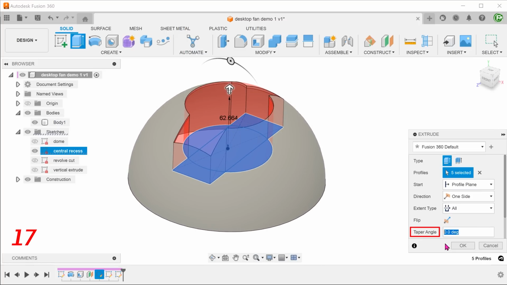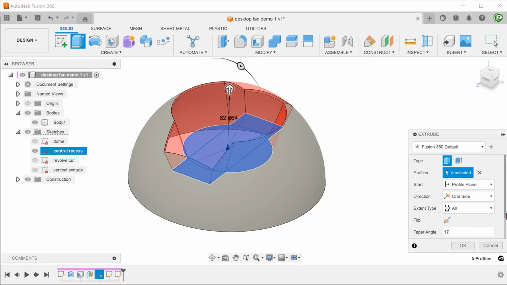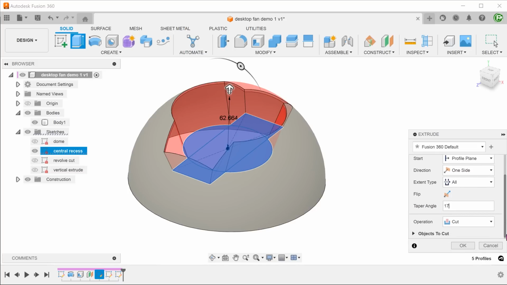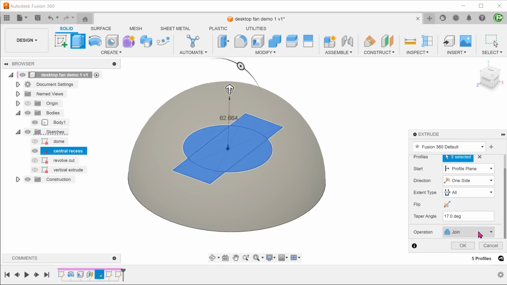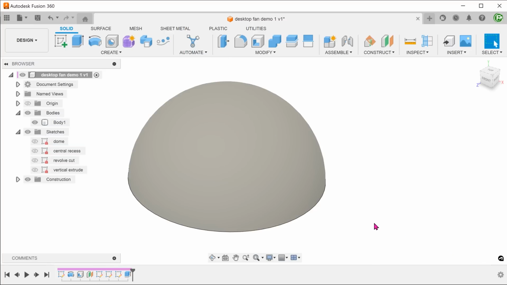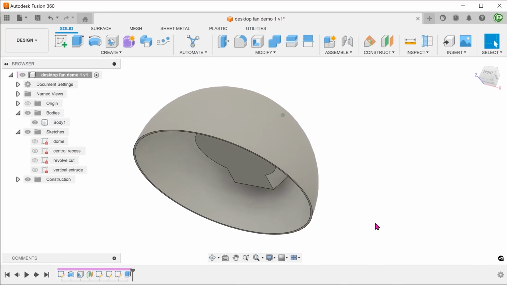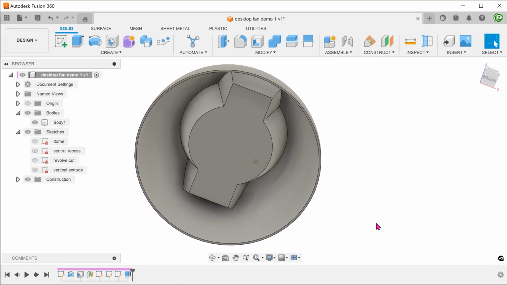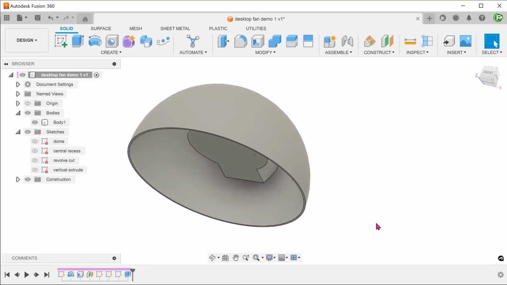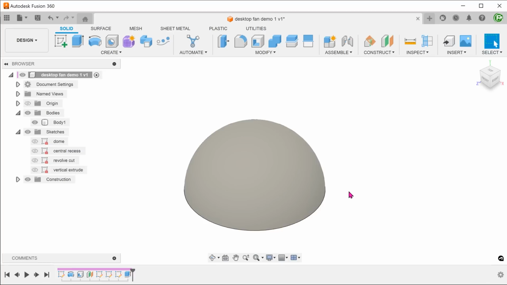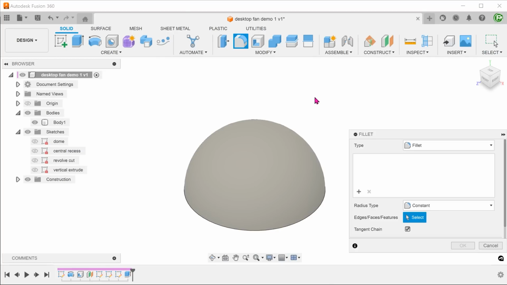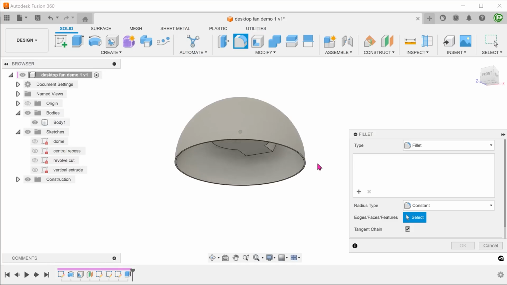We will give this a slight taper. Set operation to join. Add fillets to these edges.